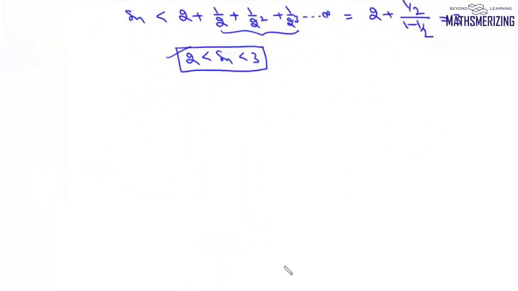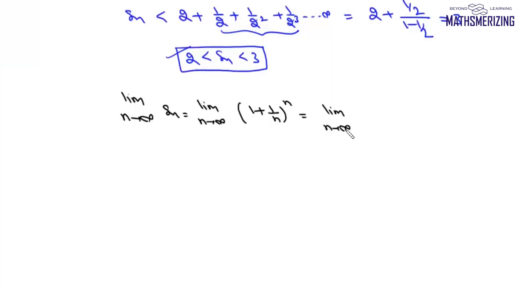We can write this limit as limit n tends to infinite Sn, and it will be this limit n tends to infinite (1 plus 1 by n) to the power n. Now we can write this as limit n tends to infinite e to the power log (1 plus 1 by n) to the power n, which we can write as e to the power this limit